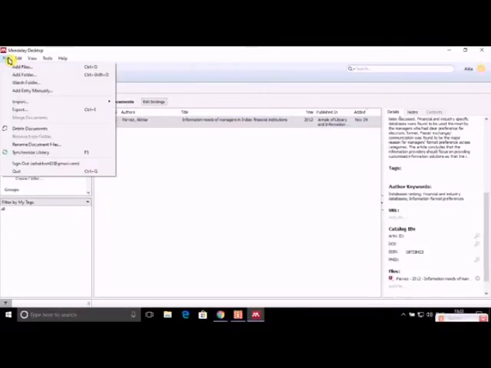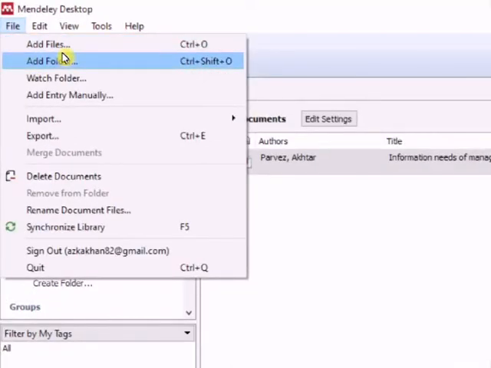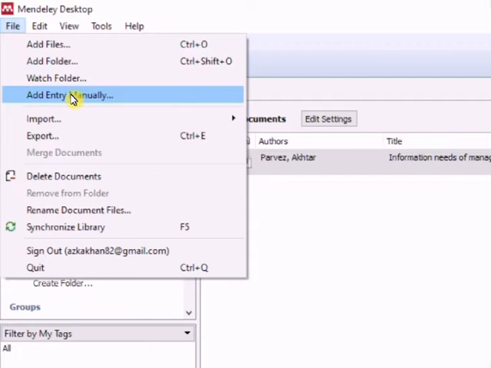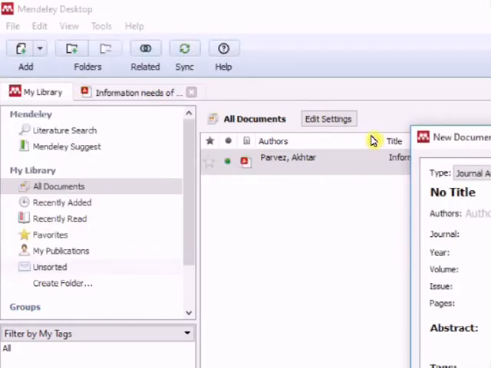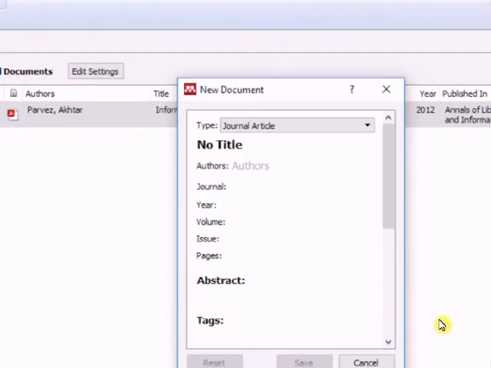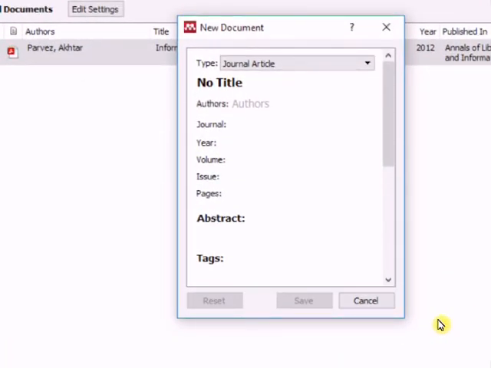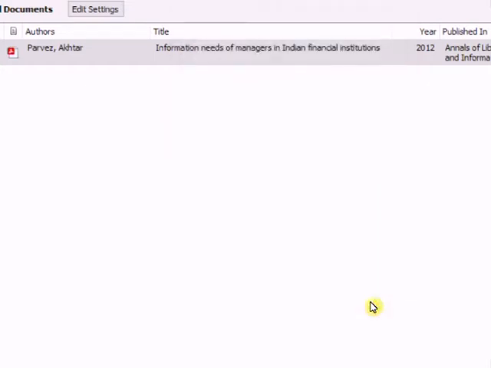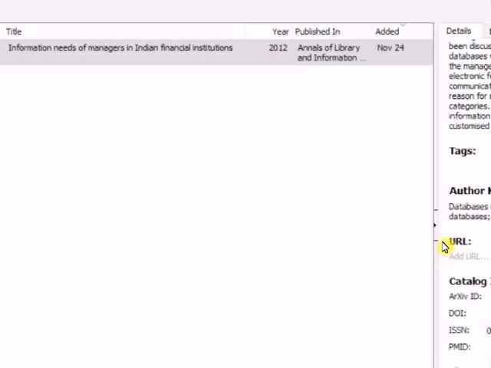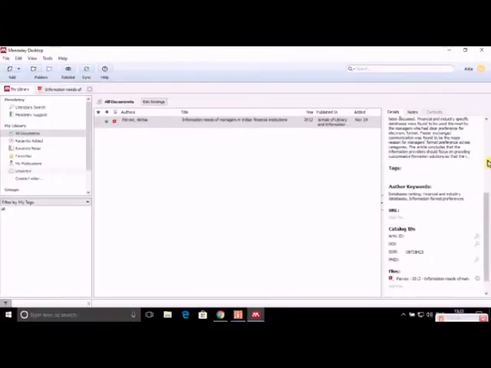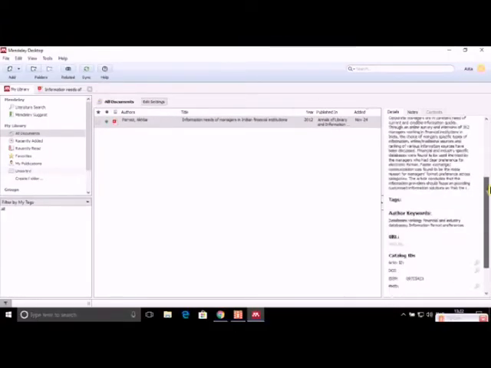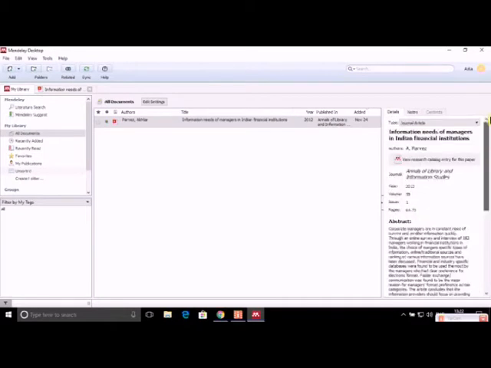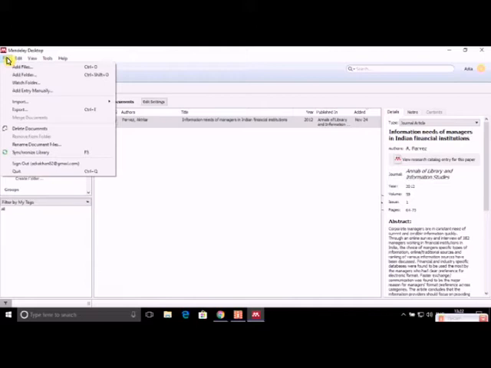Now if I want to add more files, I can do it from here, and I can add any file manually also from here, in the same way as we were doing earlier in MS Office Word. The good thing about Mendeley is that whenever you add a file to its dashboard, it records all the bibliographic description on its own without you entering it manually, right?